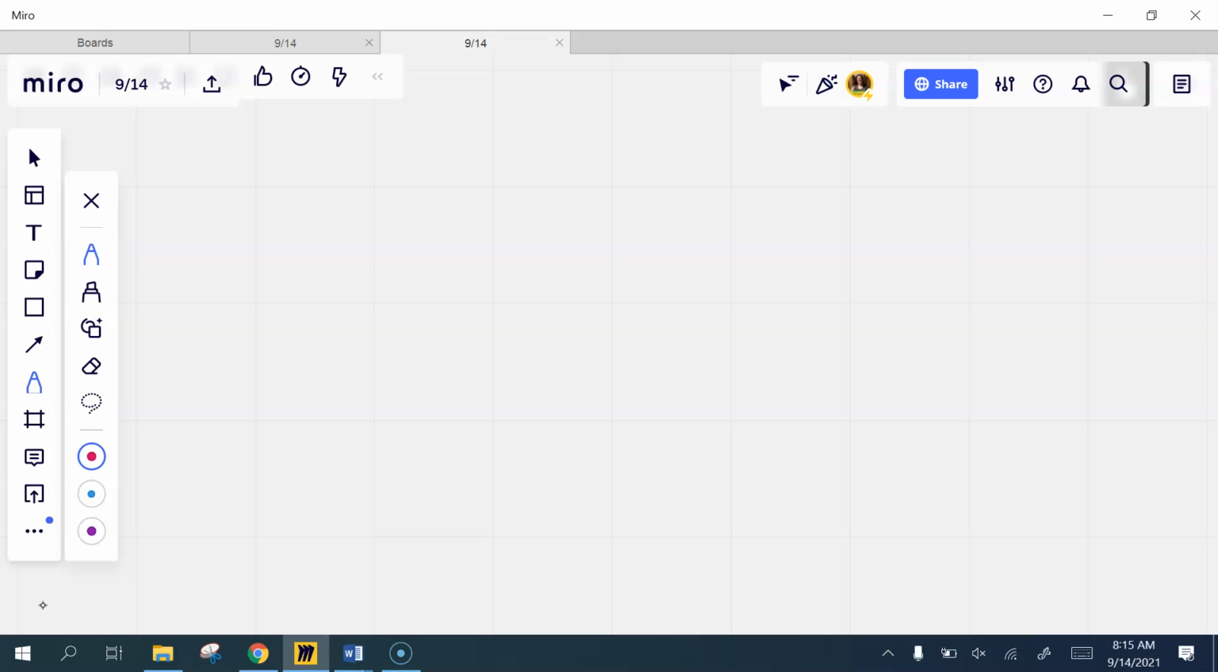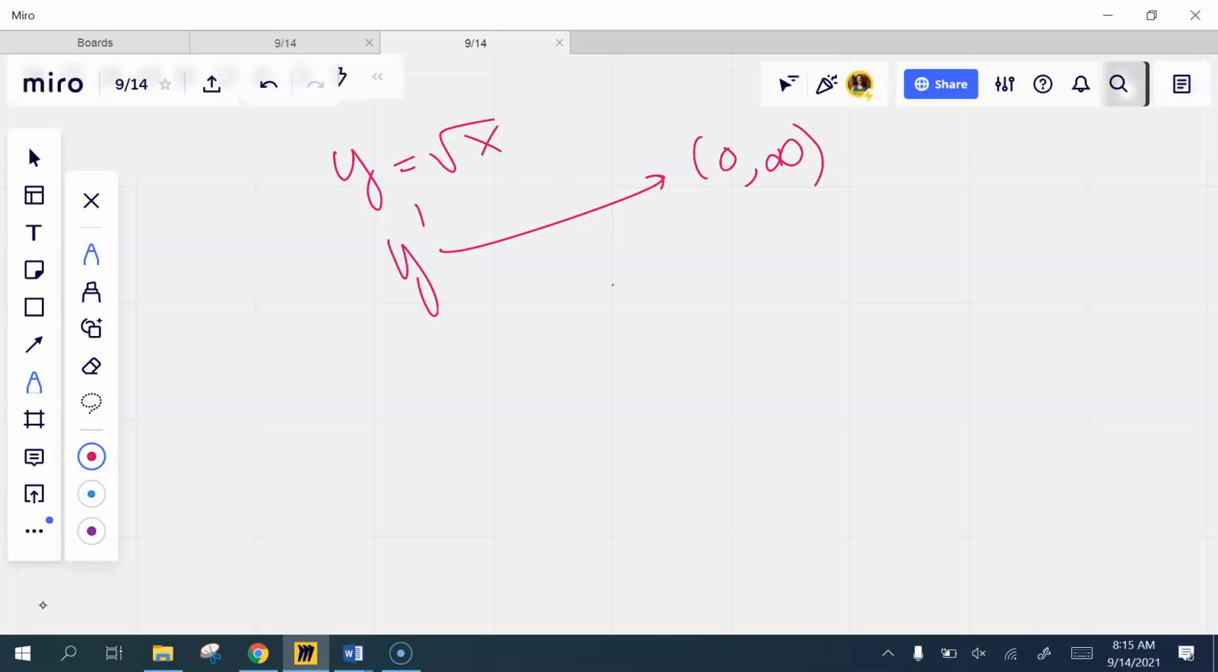In example 2 of this section, we show that the derivative of y equals square root of x is a function with domain 0 to infinity. However, the function y equals square root of x itself has a domain of,